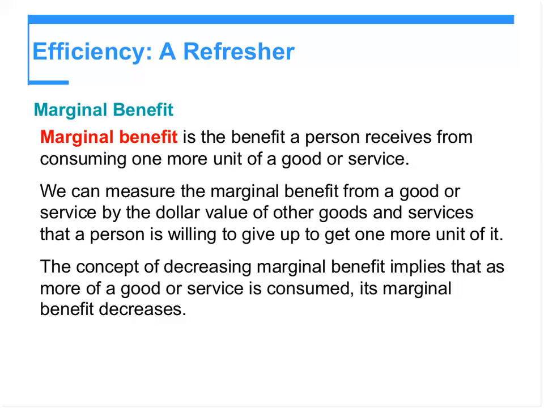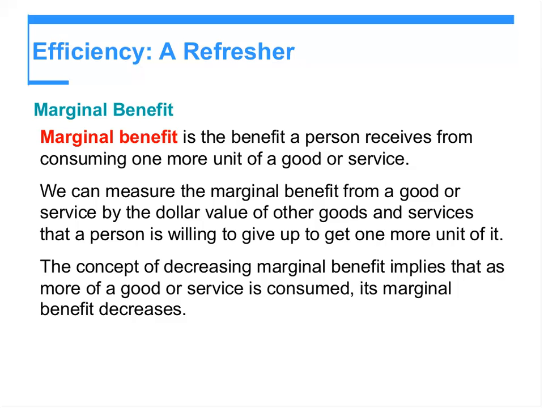Okay, I was explaining for you marginal benefit. What is marginal benefit? Is the benefit of a person received from consuming one more unit of a good or service. So the moment that you're adding one more, for example, you're using 5 pizza for your household and you're buying one more. So you will have marginal benefit over buying another pizza. That is called marginal benefit. So the benefit you get after adding one more. For example, you're having 2 ice creams, you're happy about 1%. What will be the benefit of adding another ice cream?